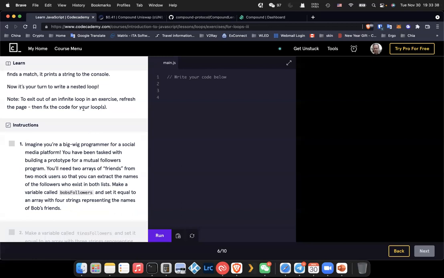Imagine you're a bigwig programmer for a social media platform. You've been tasked with the following: build a prototype for a mutual followers program, meaning two different people have the same friend. So you'll need 2 arrays of friends from 2 mock users that can extract the names of followers who exist in both lists. So they want us to create a variable called Bob's followers,